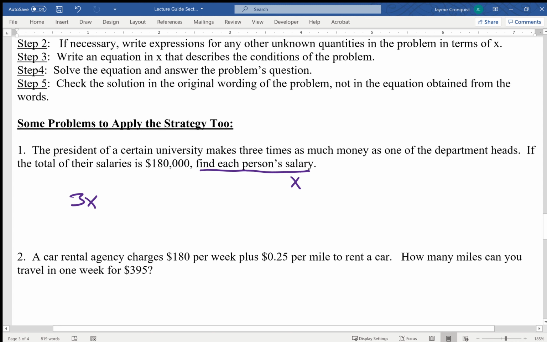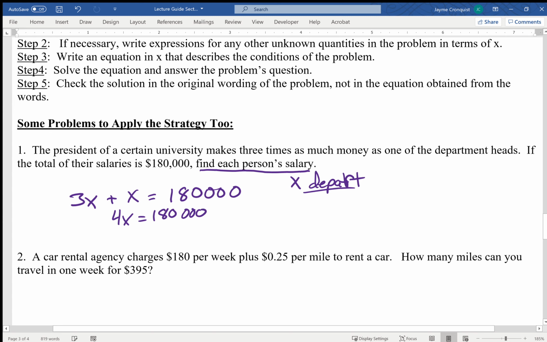So x is the department head. If the total of their salaries, so the 3x plus the x, is 180,000, find each person's salary. Well, that means this is 4x equals